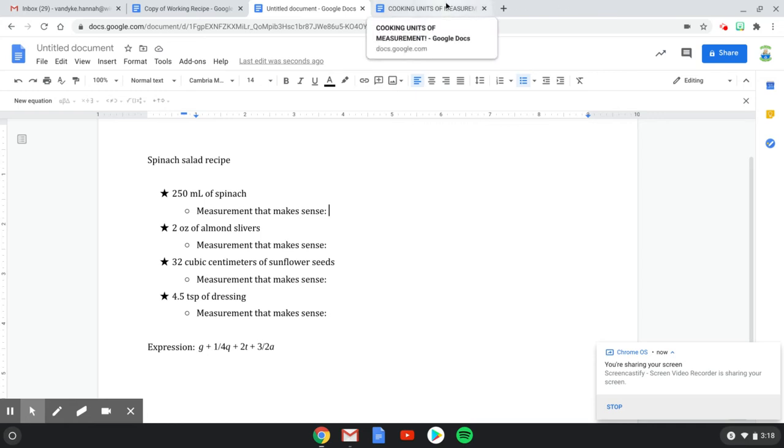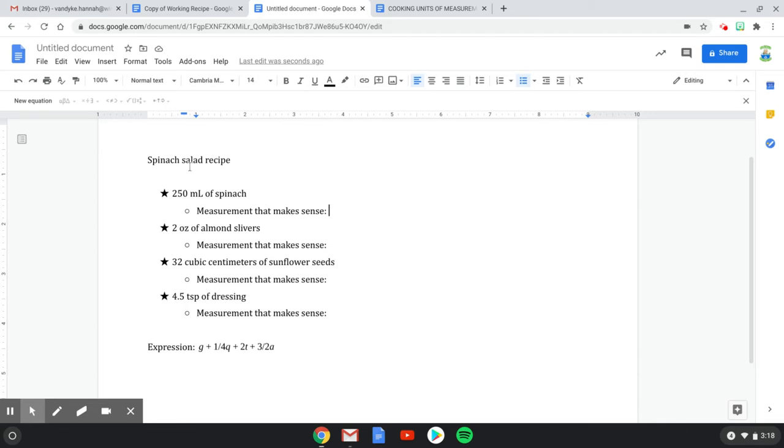Okay, so this is a condensed workshop for completing your working recipe. Here I have a spinach salad. My ingredients are spinach, almond slivers, sunflower seeds, and dressing. The first thing I'm going to do is try to find units that make sense to measure each of my